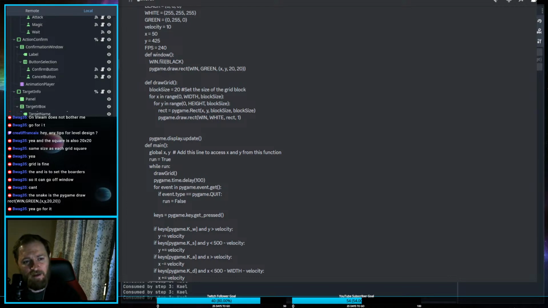Not sure. One thing, like coding standard, you probably don't want to use the same variable name in most cases unless it's representing the same thing. In this case, they're representing two different things. This is representing the iteration, which iteration is typically what you use there. And then this is actually representing X and Y coordinates. So you might try doing that. Let me see if I can run